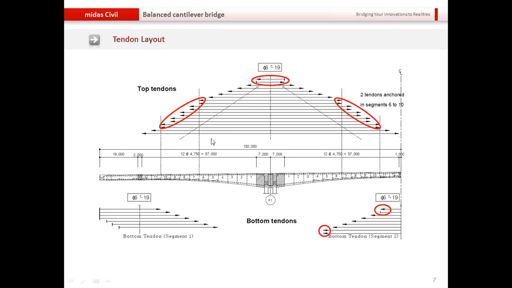This is the tendon layout that you can see here. You can see in different segments, different number of tendons are anchored. I'll come to these details later on, but for now you can just see that the tendons are started from the, these are basically the top tendons which have started from the pier table and then moved onto the cantilever